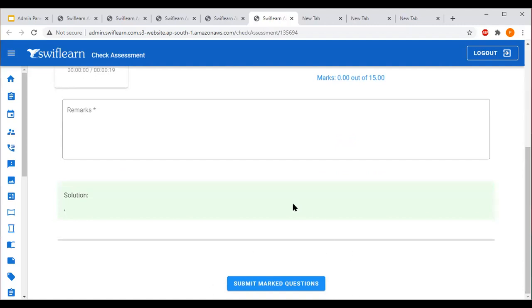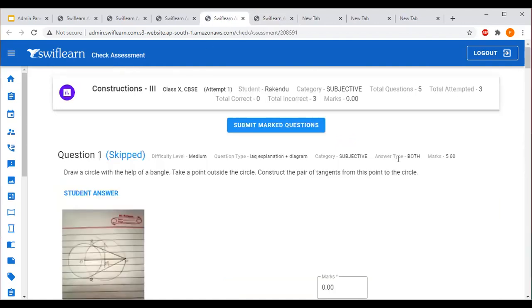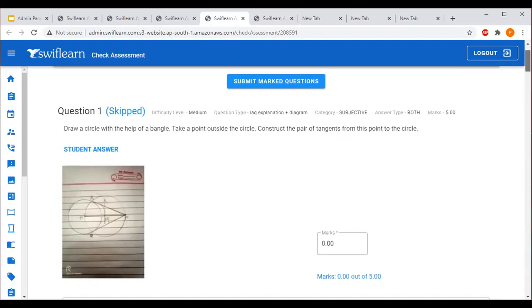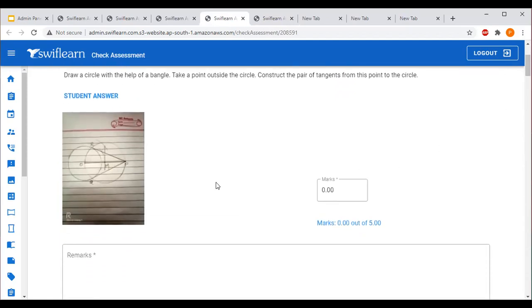Next, we will teach you how the teacher can check if they get the answer in the form of images. Mostly in math or science, the teacher will get it. So if you are a math teacher, it is mandatory that you also use the Vcom. Now in math or science, generally the teacher will get the answer in the form of images. If you get it, how do you check the image? Now suppose I want to check this image, then the teacher has to click on this image.